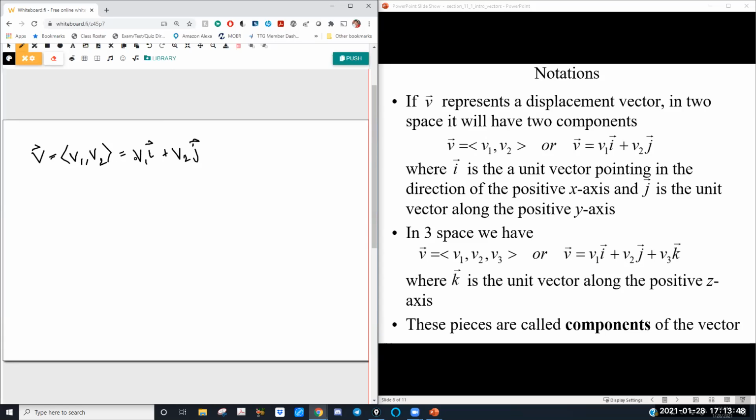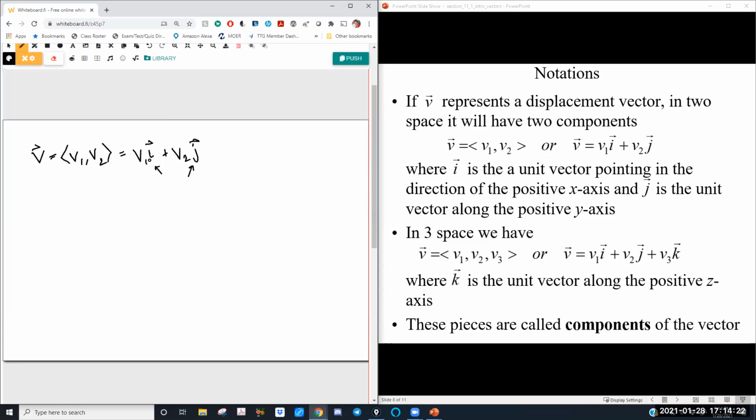Guys, both of these notations are fine. They work exactly the same. The one thing I want you to be careful of, and I see it a lot, is you don't want to conflate the 2 notations. Like I don't want to put a plus in here, and I don't want to put brackets over here. So you decide what notation works best for you and run with it. All right, user's choice. But what this tells me is that V is made up of 2 components. This is its horizontal, and this is its vertical. Over here is the same thing. And what i and j are,